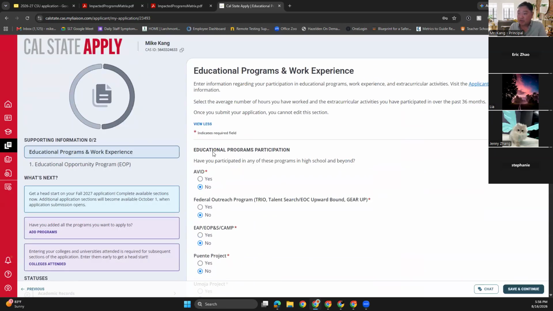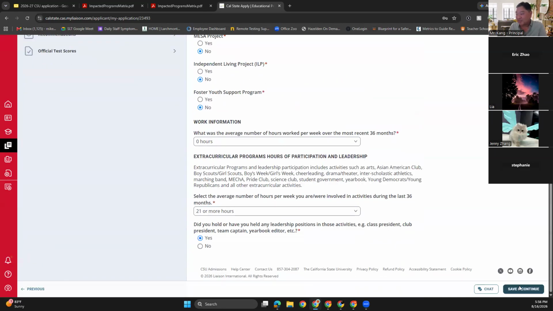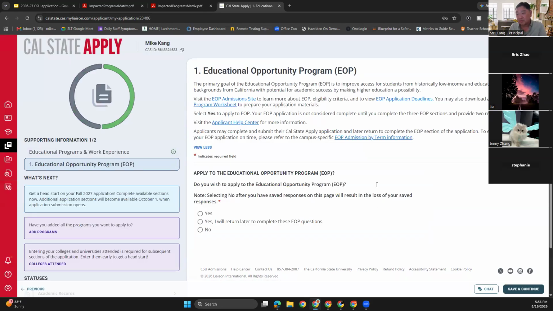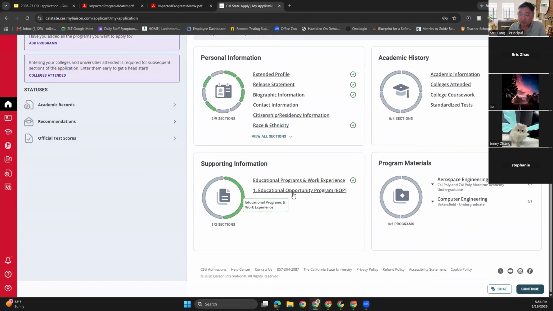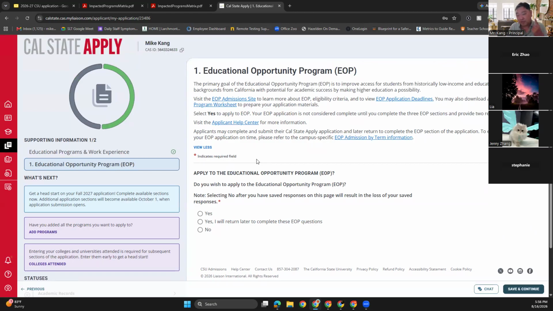I'm pretty much done with this, so hold on. Okay. And then I'm going to save and continue. Then the next section is going to be asking about the educational opportunity program. Right now, this one is under supporting information. So the first one was about extracurricular activities. The second one is about, are you interested in the education opportunity program? This program is for